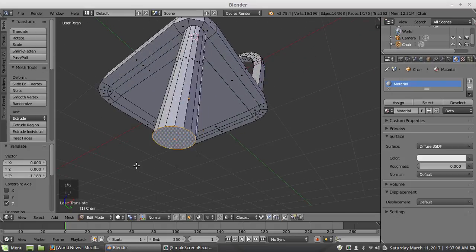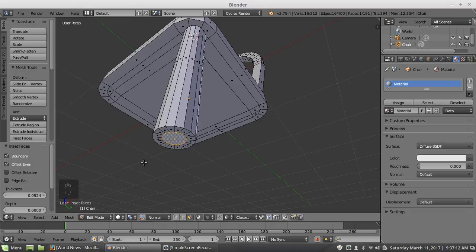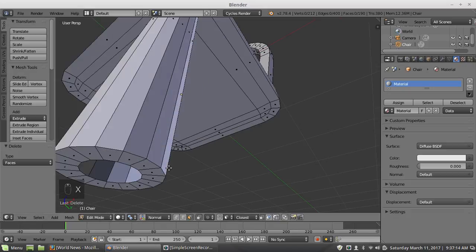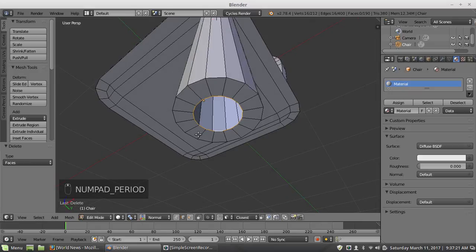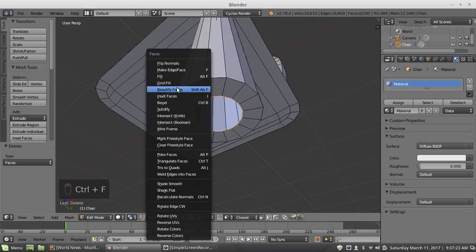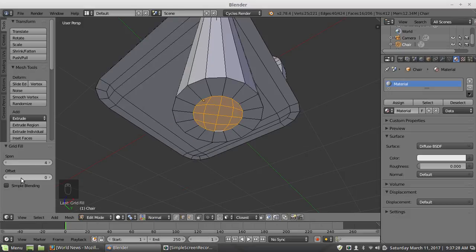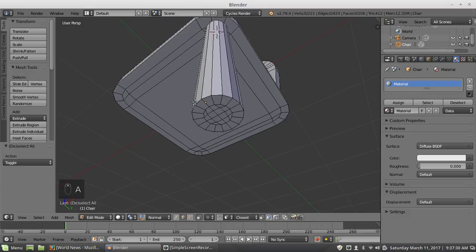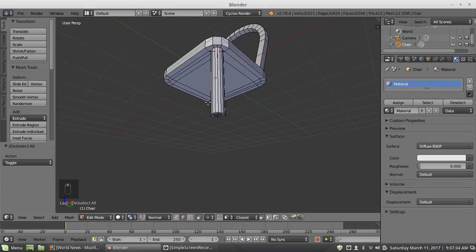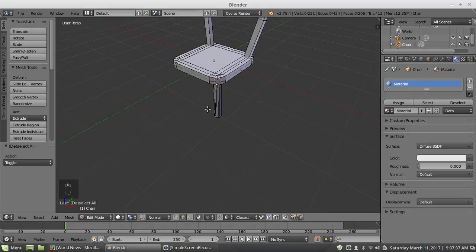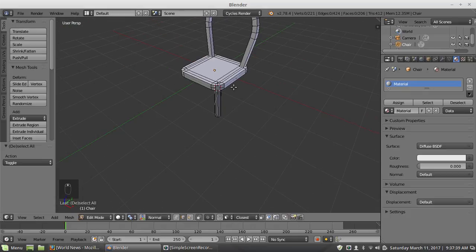I'm going to inset the bottom leg like so. And I'm going to grid fill that, so I have to delete it. There's no way to grid fill with the inactive face. I don't know why they don't let you do that. So you have to delete a face to do the grid fill. You can't just grid fill in an existing face. Which is kind of dumb, but can you say they don't fix it? It would be convenient. Alright. I just like that because it keeps things neat.